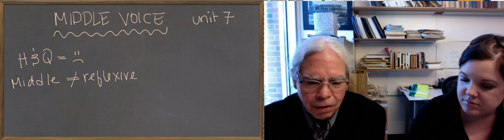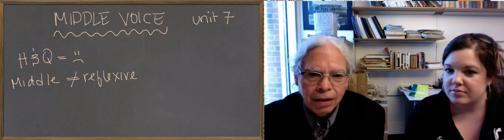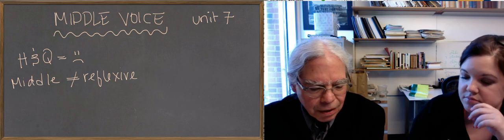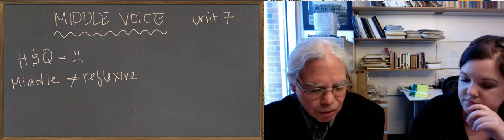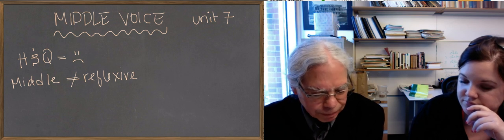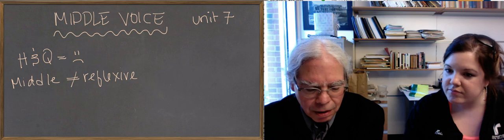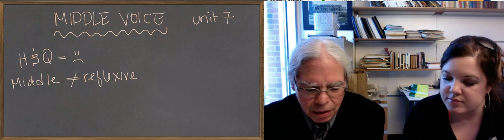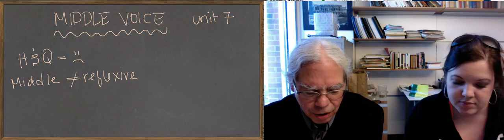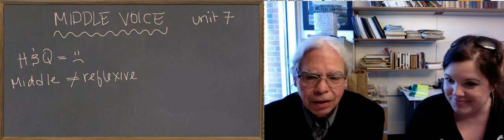So I'm gonna read this list to you, and then maybe we'll talk about it, and then I'll read it again, okay? So just sort of think it through. So here are the verbs that are only active: to be, to flow, to creep, to bend, to blow, to eat, to drink, to give. And here are some verbs that are only middle: to be born, to follow, to obtain, to lie, to sit, to return, to enjoy, to suffer, to be mentally agitated. Okay?